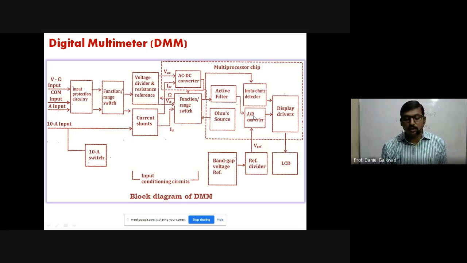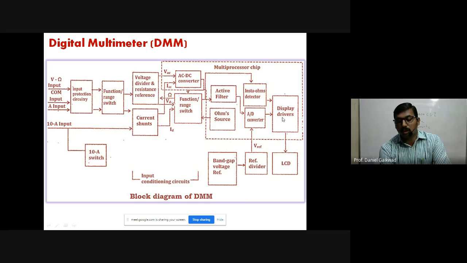So digital signals we have already learned in paper number two, and in that case we have several number systems: the binary number system, decimal number system, hexadecimal number system, and BCD. For that purpose we require a certain reference voltage, which is given directly to the A to D converter, and that A to D converter directly converts analog to digital with a specific particular code, and that code is given to display drivers.